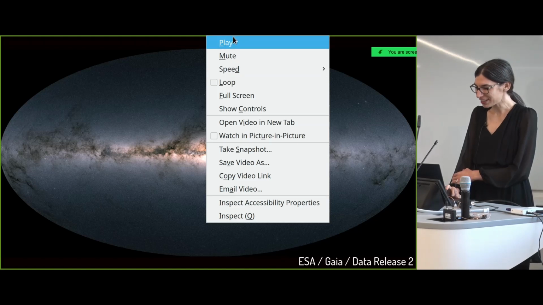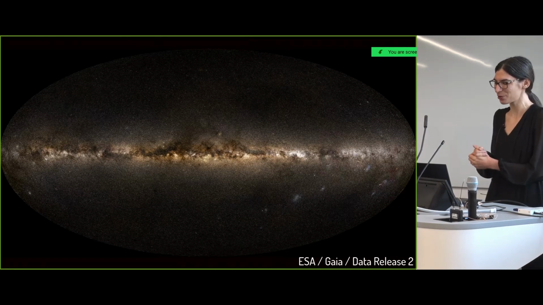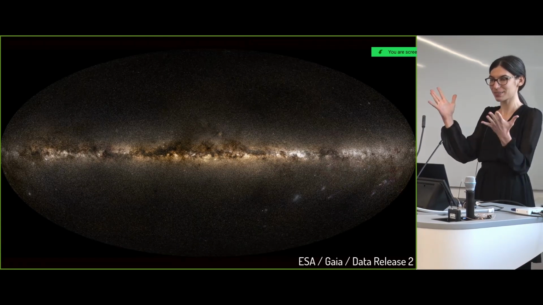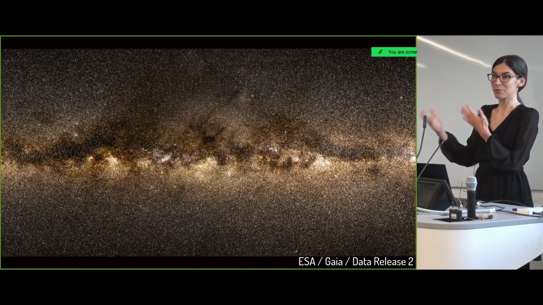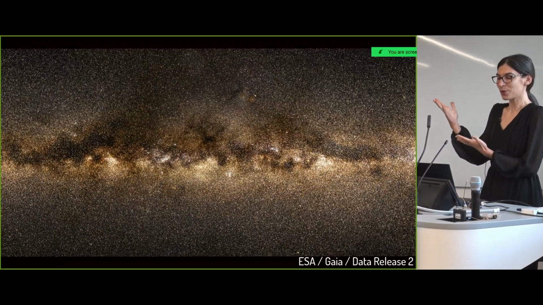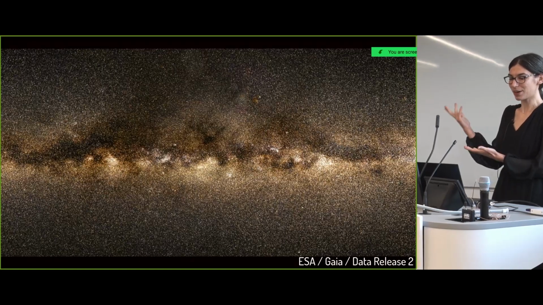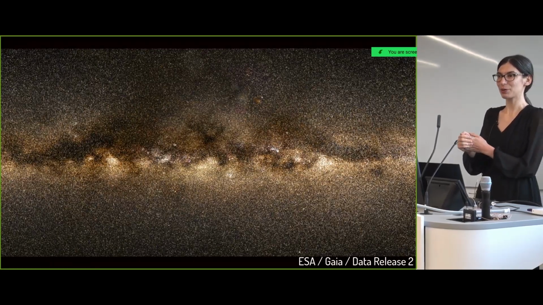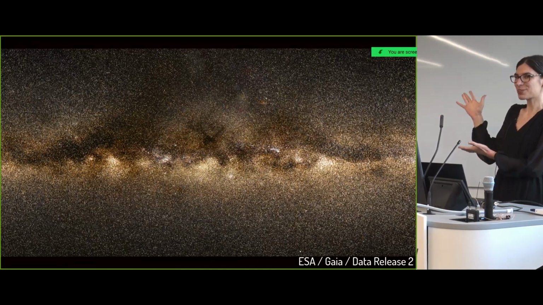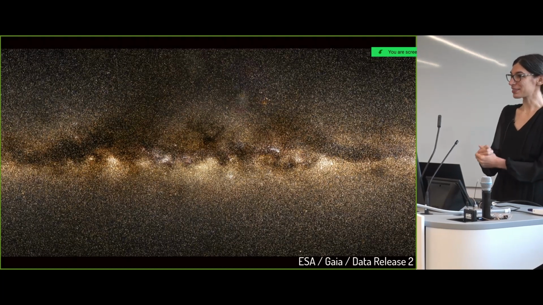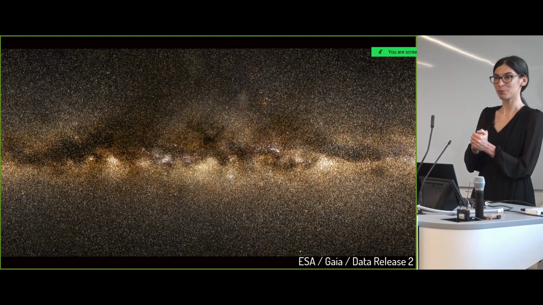And so here is a movie that visualizes this forward evolution from the Gaia data release 2, where we see that instead of just having the static view of the Milky Way stars, we can actually integrate their orbits forward and backward in time. And this view of not just the present, but also the past orbits of the Milky Way can tell us about where those stars come from and how they got here. This is a very striking visualization of something like 60 million stars, but it is only the brightest stars that are very close to the position of the sun.